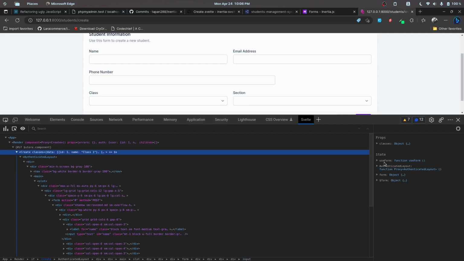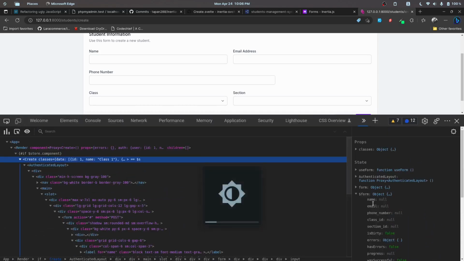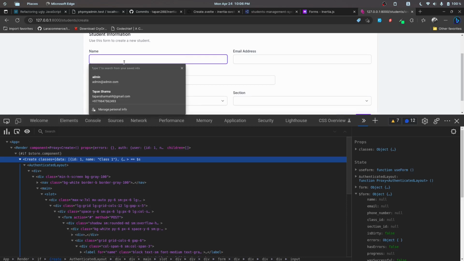So we have the form, use form, we have the form object, and we have the name, email, and all the other stuff. I think we can zoom that so that you can see it properly. And now if I type something in here, as you can see this data gets reflected in here. So now these two are properly bound. And the next step